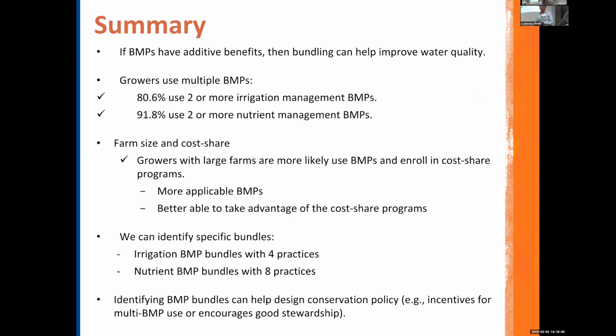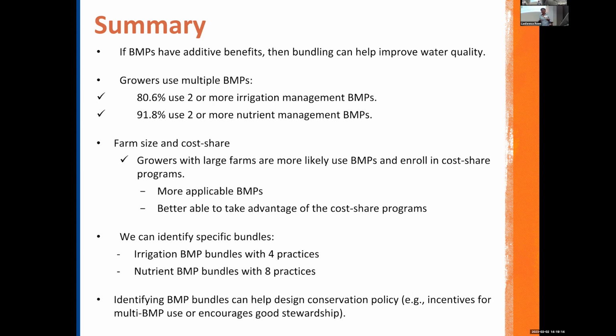They can test things more readily. They can take advantage of cost share programs. Anecdotally, what I hear from farmers about why they're not enrolled in cost share programs is that it's too much paperwork. You need an accountant and a lawyer, and it's a one-man show or a family business, and they don't have the money or the resources to take advantage of cost share. So cost share might exist, but is it accessible to these other farms? You often find that farm size and cost share are correlated, and we see more of that here.